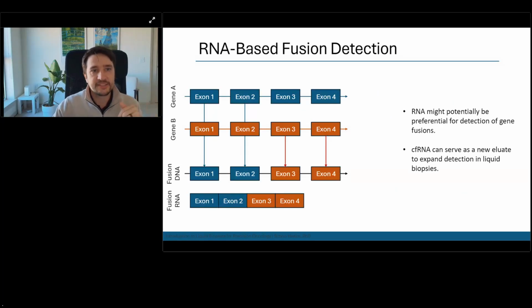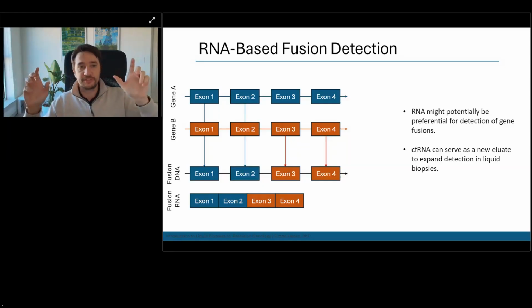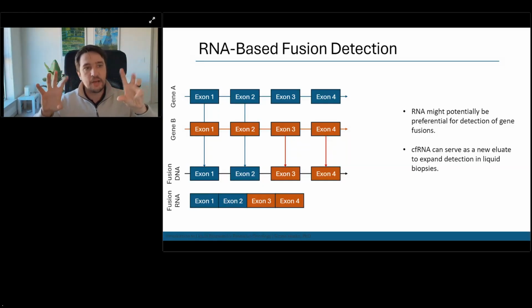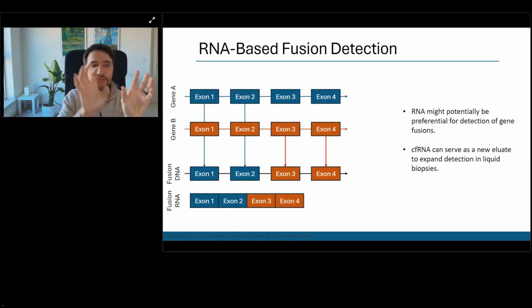And the idea behind it is that when we think about gene rearrangements, many of them where we have therapies associated with them, we always have two different genes. Let's call them gene A and gene B. And when we look at the DNA, I think we all know that each gene consists of exonic regions and intronic regions. And then there are genomic events that lead to the creation of a fusion DNA, where we now have gene A or parts of gene A fused to parts of gene B,